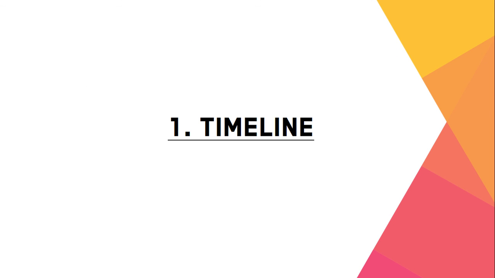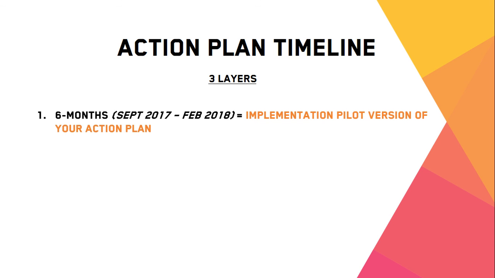And lastly, I would like to take you to the last action plan criteria point, which is that the action plan should have a 3-layer timeline, meaning the following. The first, so after the online event in the UK, your group will first focus on the implementation of a pilot of your action plan. So focusing on the pilot version should be the first 6 months. So that's the startup phase, when you're going to see if the action plan idea actually works.